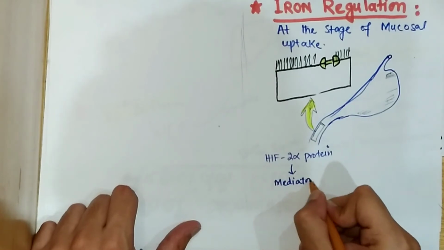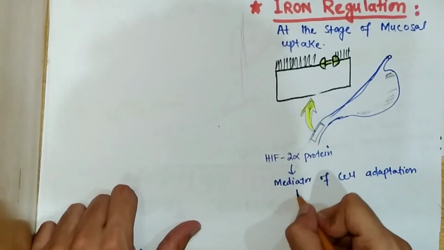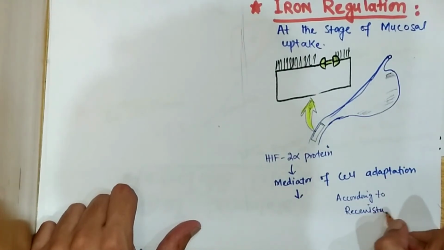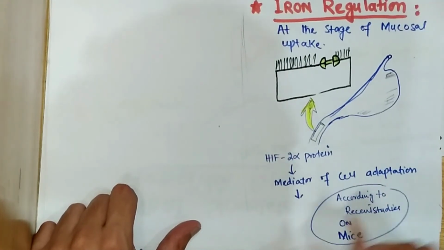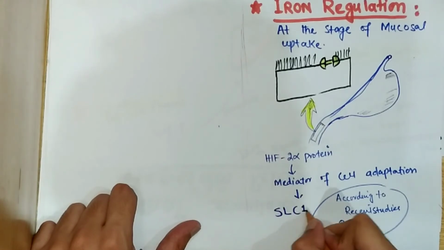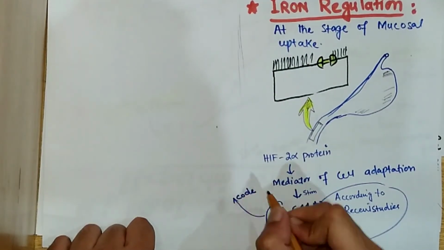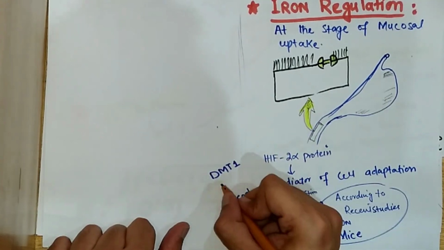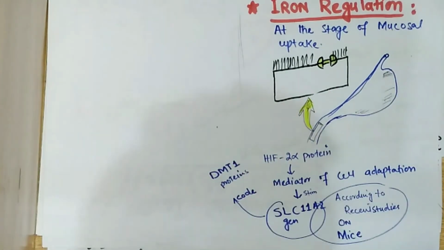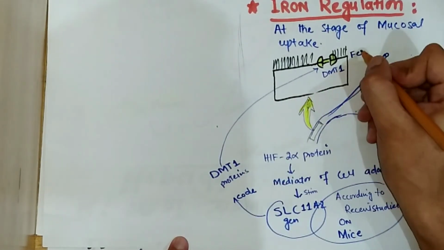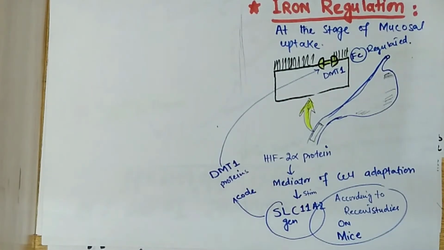The HIF2 alpha proteins are coded by a gene called SLC11A2. This gene codes for the protein which is an important transporter, DMT1, divalent metal transporter 1 protein, which can cause the absorption of